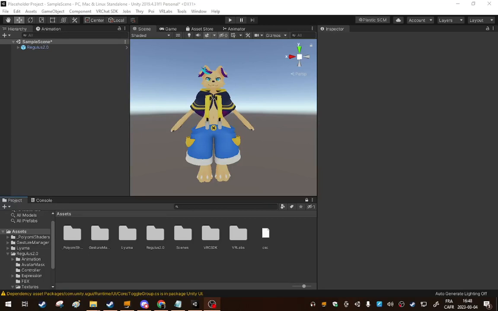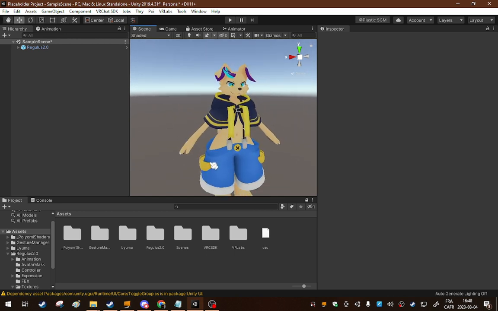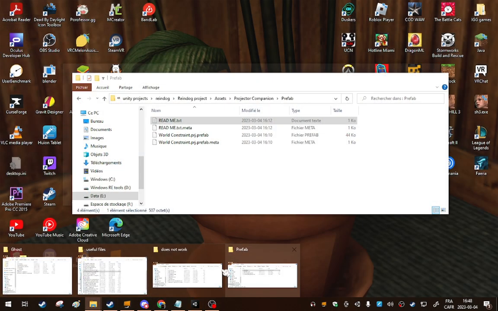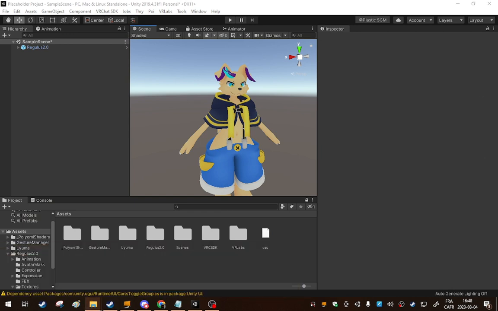Hi. Today I'm going to show you all how to import and correctly place the Projector Companion. So when you import it, it's going to be right in this folder. When you import it,